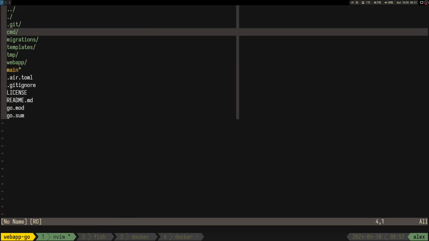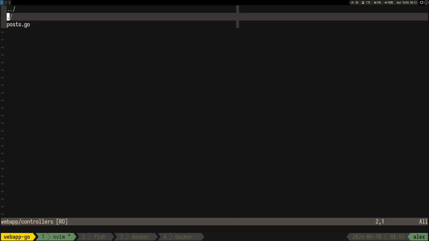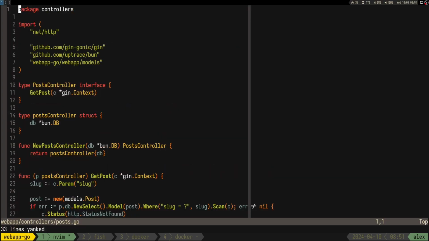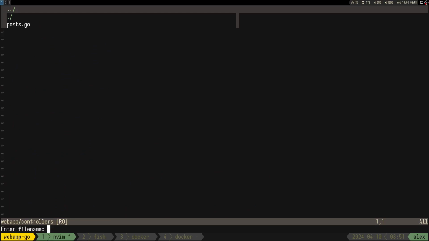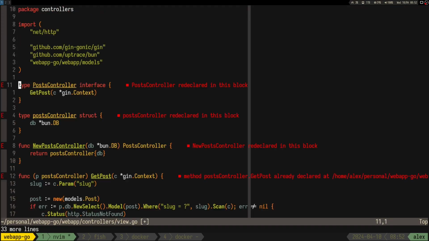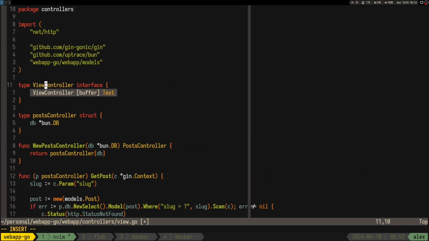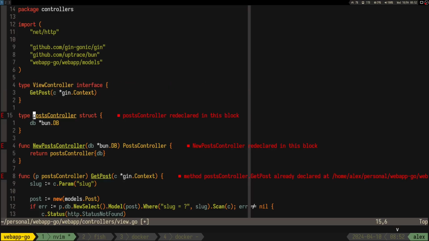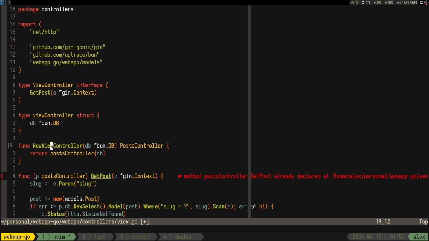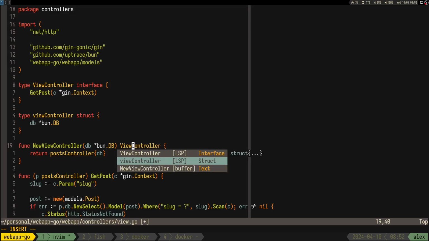So let's go to the web app controllers, obviously copy paste this, and this should be like what, view, web view, something like the pages or some shit. So view controller, that makes sense, but no, I don't think it does. It should need a database, should probably need it, right? This is gonna return view controller,